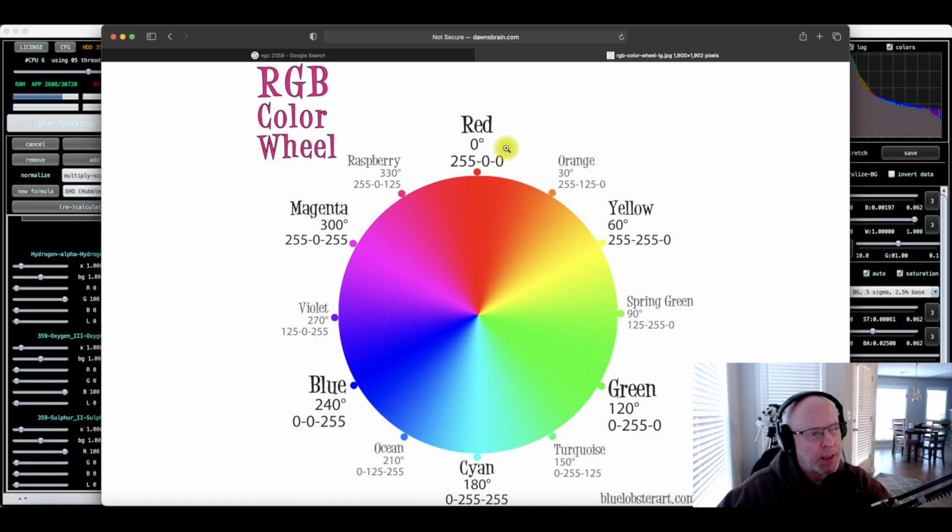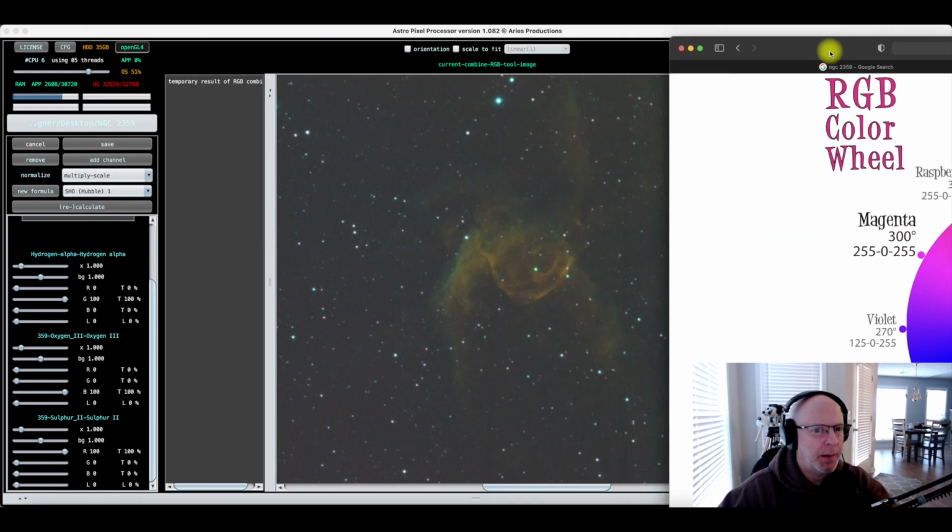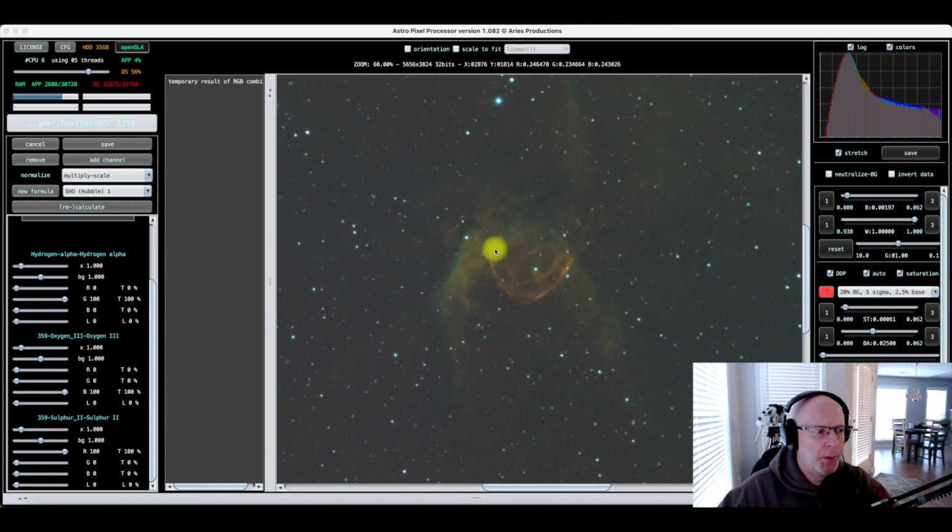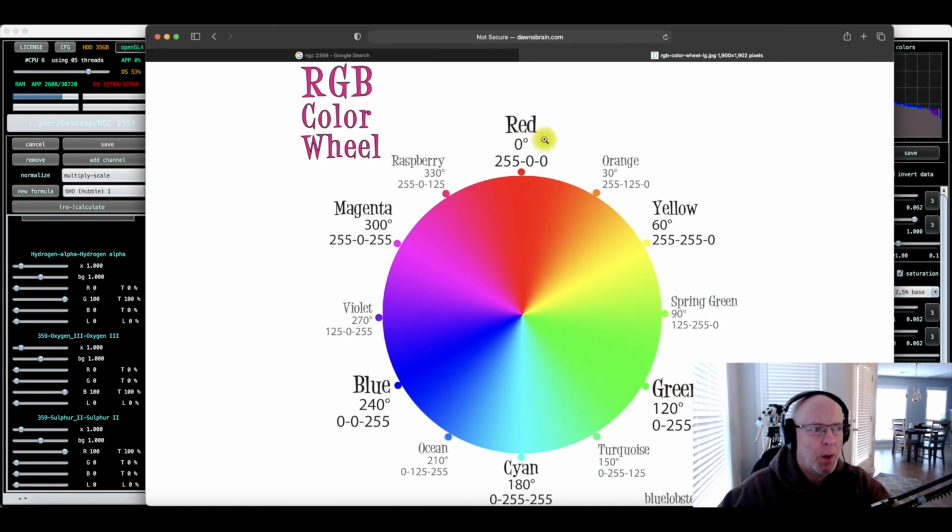So in this particular case, if you gave equal full parts of red and green, you will get yellow. So it's a full value here of red, full value here of green, gives you the color of yellow. Now, if you don't have enough of a particular color, then it will lean towards whatever the bias is. So in this particular case, where we have a very gold or red image, is because we're favoring more sulfur